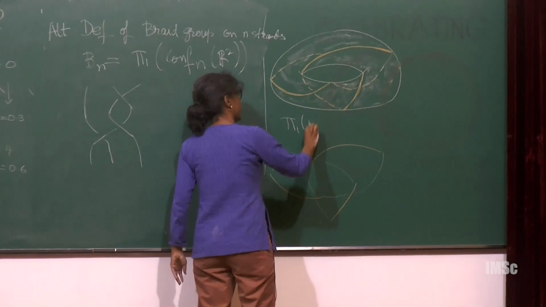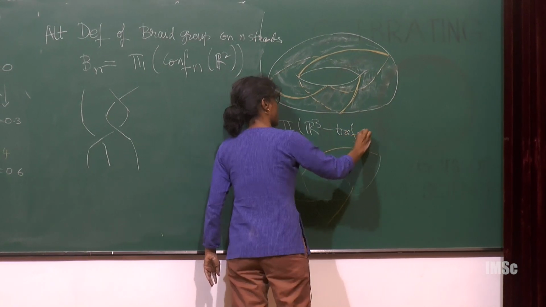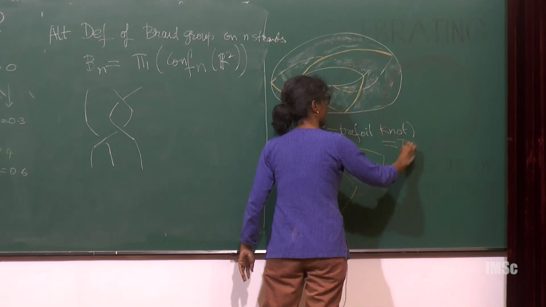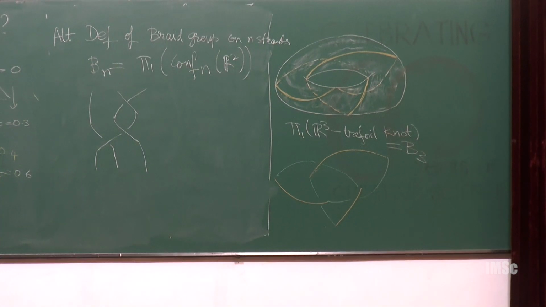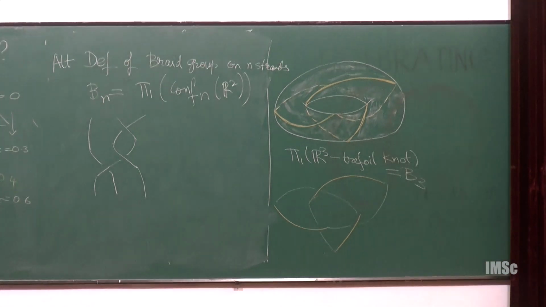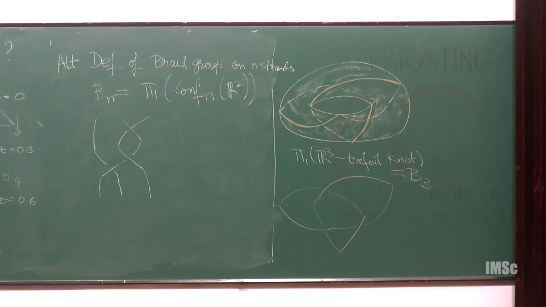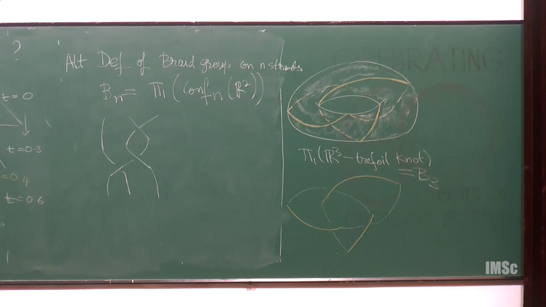And literally the last sentence of my talk is that pi1 of R3 minus the trefoil knot is B3, which is utterly remarkable. And the proof is quite elementary. If I had half an hour more, I could have done the proof, but I advise you to go read the proof at this URL,